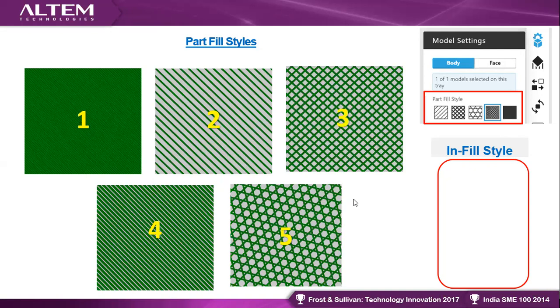Yes, so let me continue. As I discussed, if you are in the early stage of your designing process and you just want to verify the shape of your model, you can always go for this sparse option, right? You don't want to print the complete solid model. So these are some of the options available on your software. Can anyone tell me what these options are? What is 1, what is 2, what is 3, what is 4, and what is 5? You can just unmute yourself and tell me your answer. Can anyone?